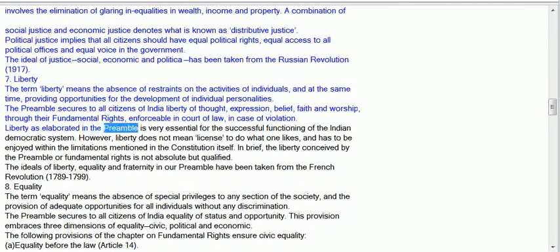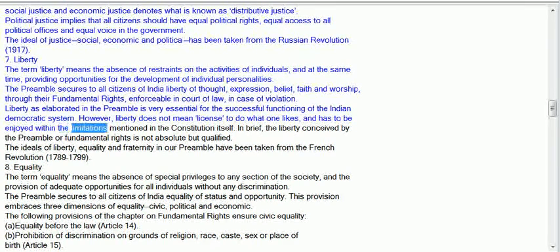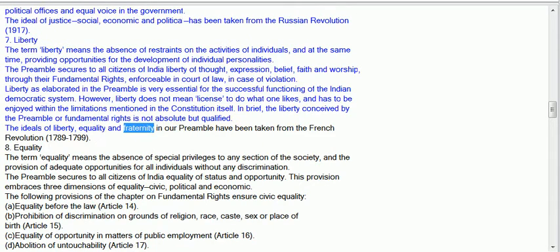Liberty, as elaborated in the preamble, is very essential for the successful functioning of the Indian democratic system. However, liberty does not mean license to do what one likes, and has to be enjoyed within the limitations mentioned in the Constitution itself. In brief, the liberty conceived by the preamble or fundamental rights is not absolute but qualified. The ideals of liberty, equality, and fraternity in our preamble have been taken from the French Revolution,